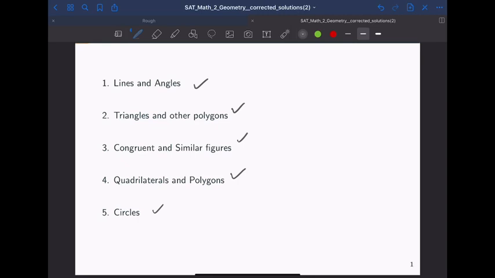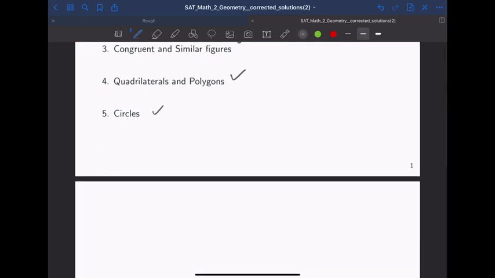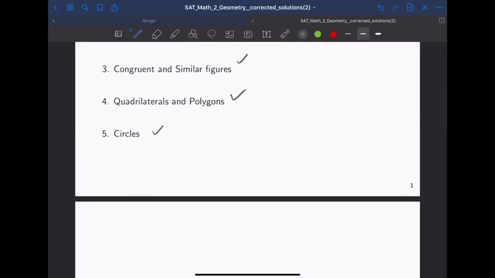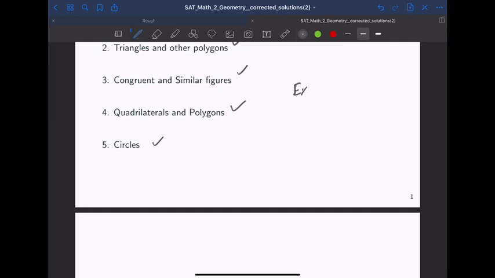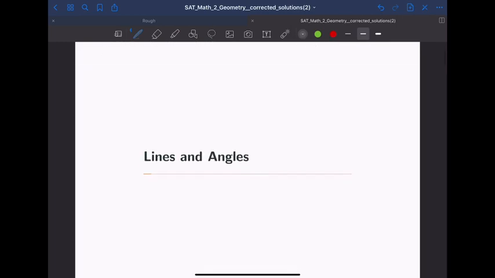Some of you might even find this lesson a bit of a review, but we'll still go into a lot of essential detail to help you understand how to work geometry problems on the SAT. Moreover, this is a different lesson this time around, in the sense that we'll have examples at the end. So you'll have to stick around till then for the examples on the SAT. Without further ado,